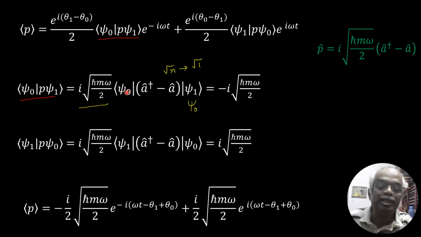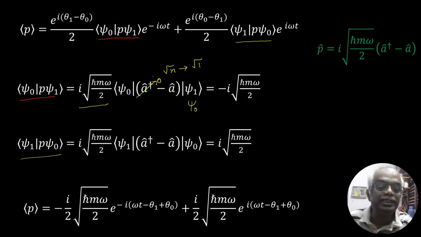The inner product of psi naught with psi 2 is 0, so this will not contribute. So the only contributing term is the annihilation operator with expansion coefficient 1. So the result of the first inner product is minus i square root of h cross m omega over 2. Then you take the next one,